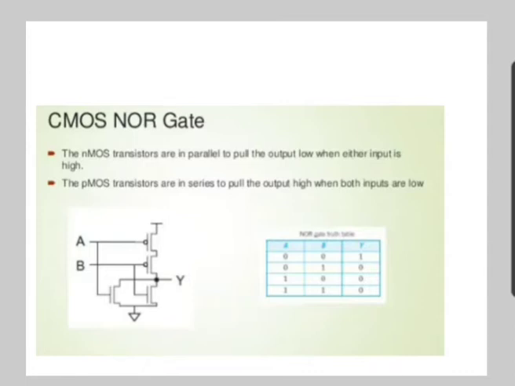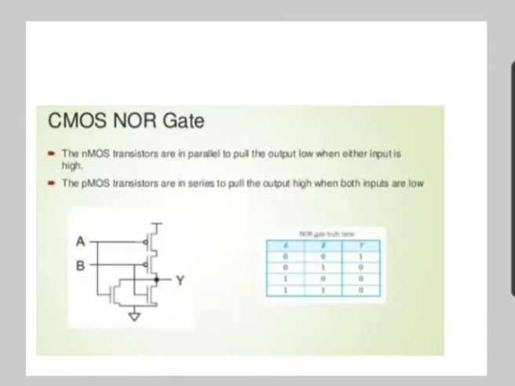So when any of the input is high, the output is pulled low through parallel NMOS transistors. When all inputs are low, the output is pulled high through the series of PMOS transistors. The compound gate comprises a combination of series and parallel switch structures. A function Y equals (A + B.C + D) total bar is a very good example of a compound gate.